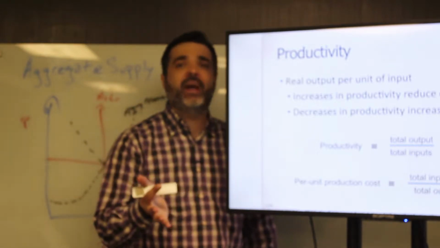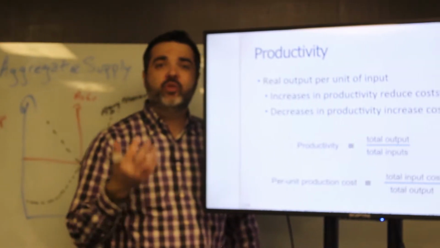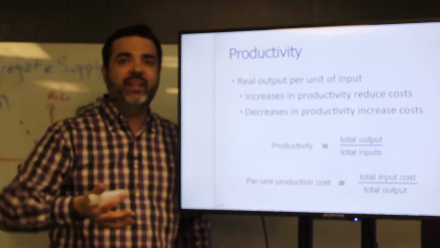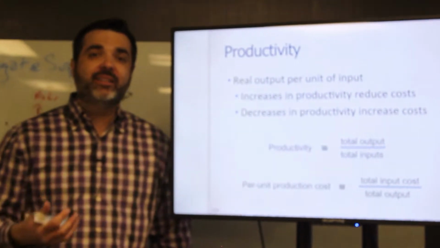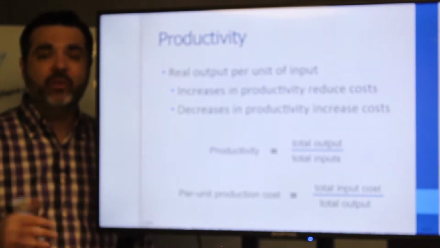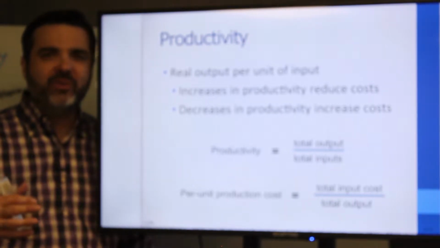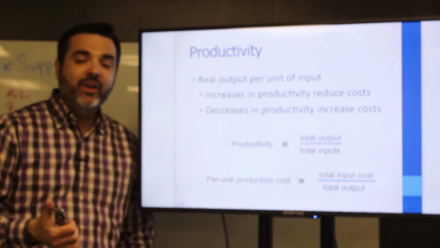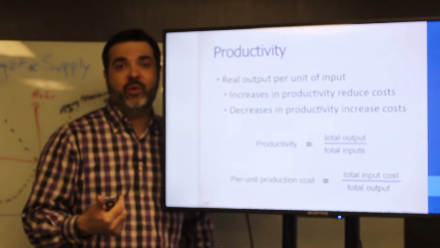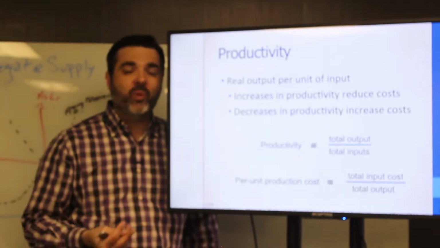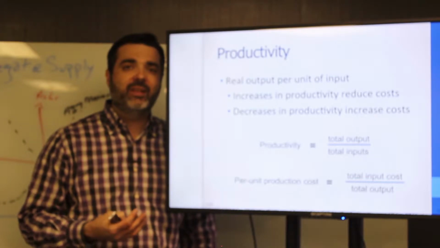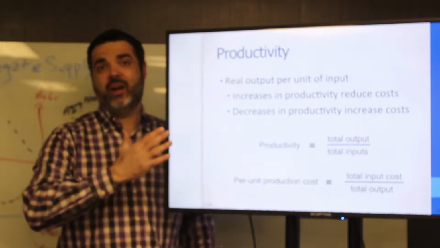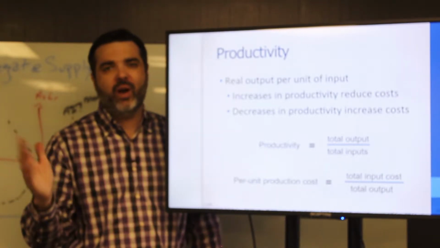Another huge impactor of aggregate supply is productivity. When we had the Great Recession, one of the things that came out of it was that productivity increased dramatically. We had cuts in human personnel and human capital, so a lot of people were fired. But businesses also said we need more out of every person that we have, so we asked more and more of every person, and they were able to produce more and more. And so productivity went up. When productivity goes up, that pushes our aggregate supply curve to the right.